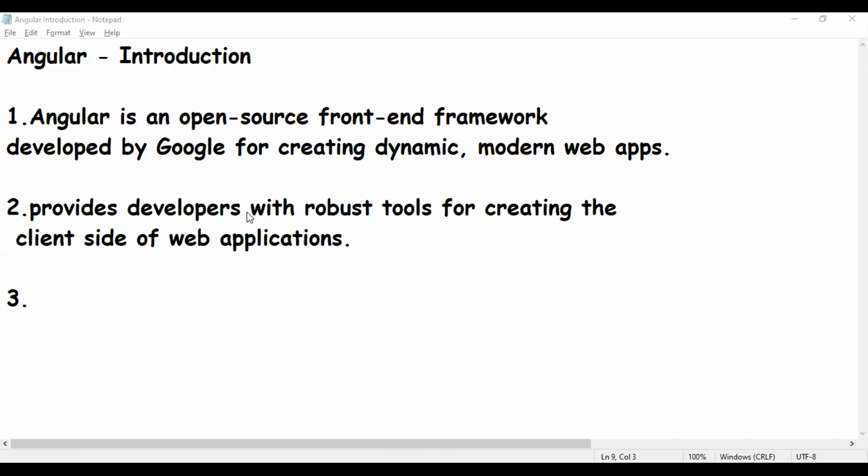Angular is a JavaScript framework that was initially useful for building single page applications, which are very popular.